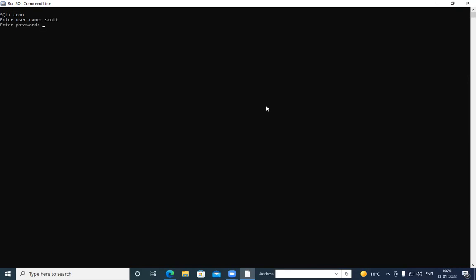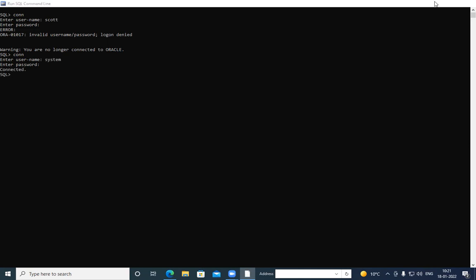The password for it would be Tiger. But initially what happens is this user is locked. So we need to unlock it. Let's see the steps to unlock this. I'll connect as the system user.